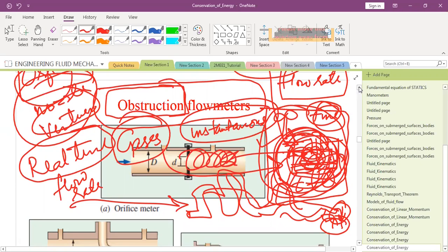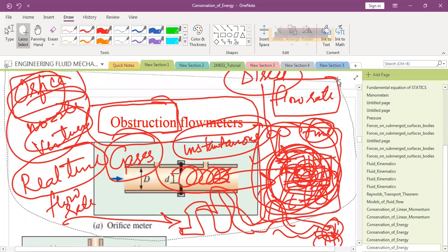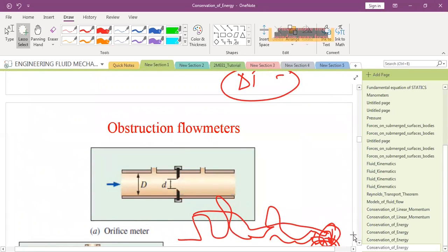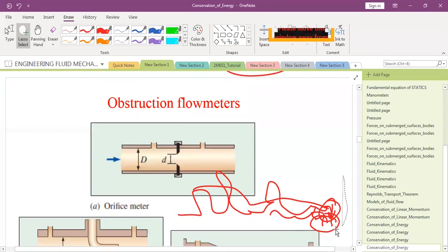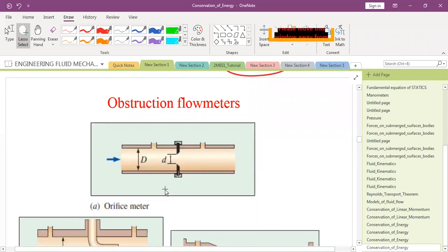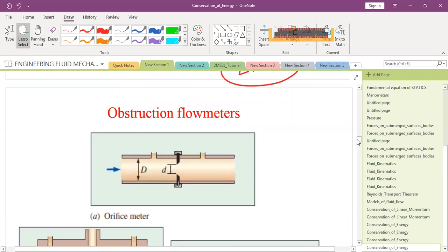So those are the practical difficulties, and to overcome them, these were the first attempts. We devised certain kinds of meters, called obstruction flow meters, which we installed within the pipe, and we were able to find out the flow rate, the velocity, and the pressure drop. So the essential